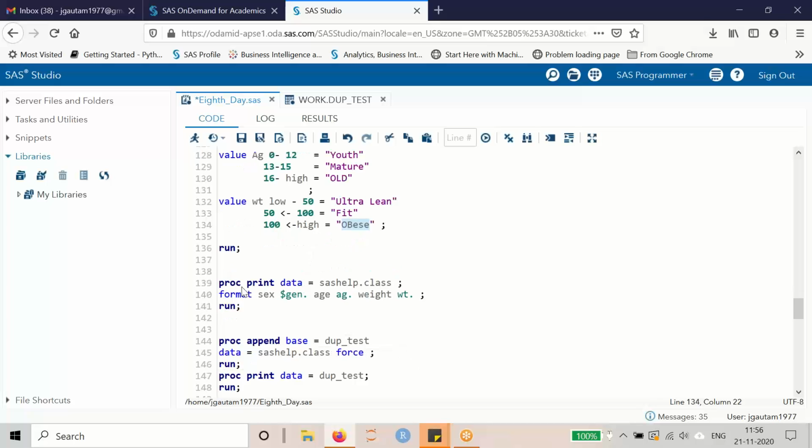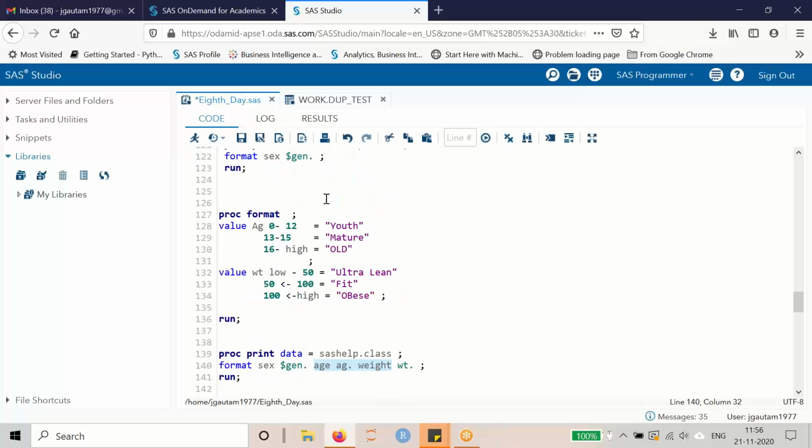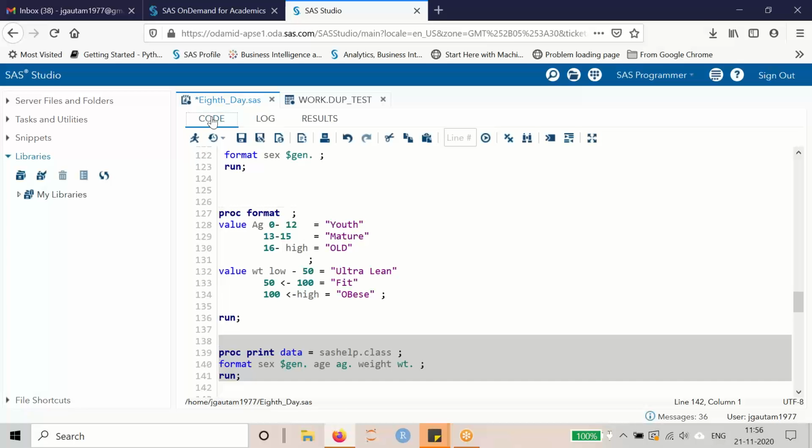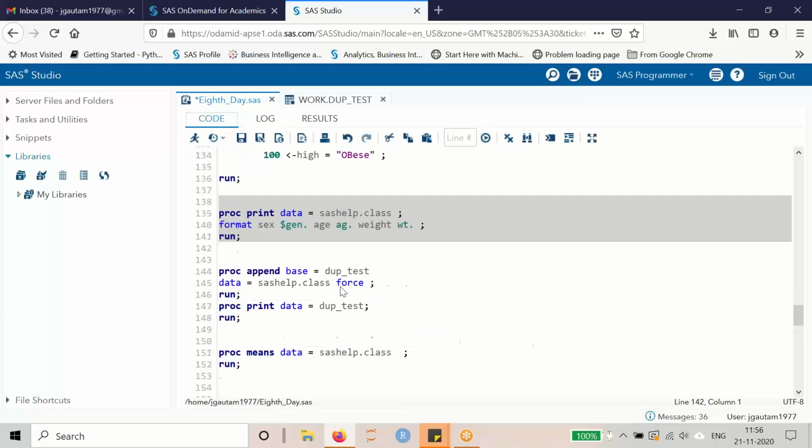तो ये क्या फॉर्मेट डिफाइन कर दिया। अब इसको यूज कैसे करूंगा, किसी वेरिएबल के आगे उसका फॉर्मेट लिखूंगा सो दैट आई विल गेट दिस वेरिएबल डिस्प्लेड इन डिस्प्ले। तो ये देखा ओबीस, फिट, एज में क्या था, मैच्योर, यूथ, ओल्ड, ये डिफाइन किया था ना हमने। क्लियर हुआ है निष्कर्ष ये? ओके।